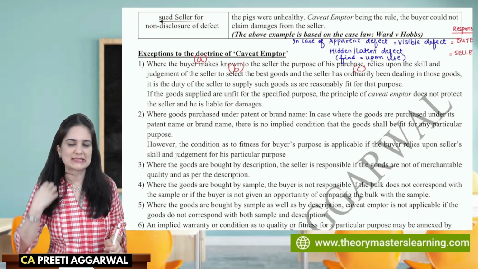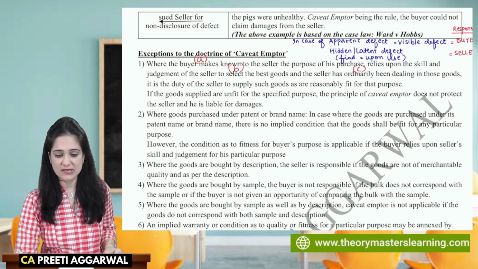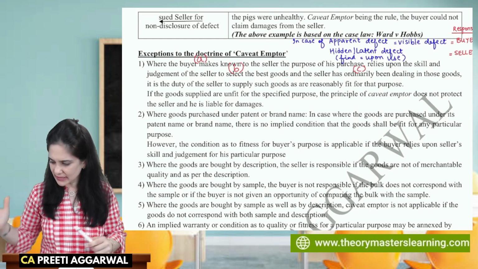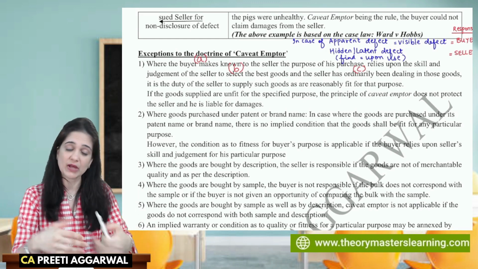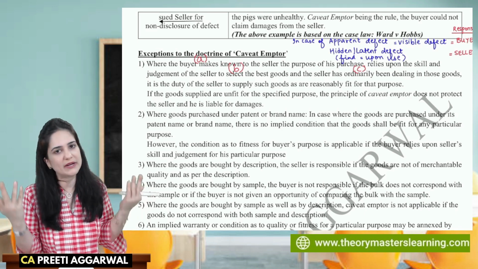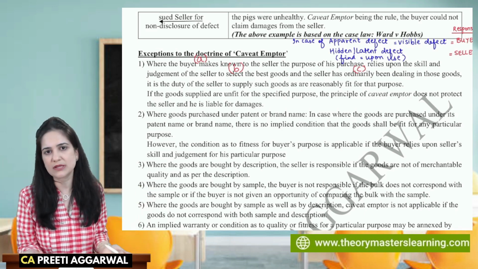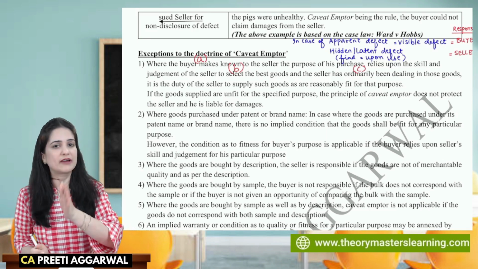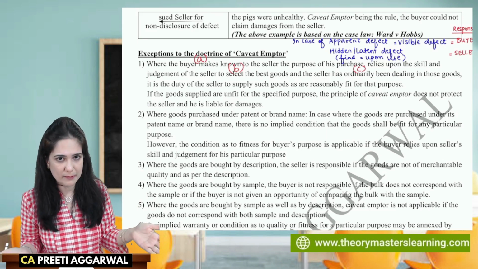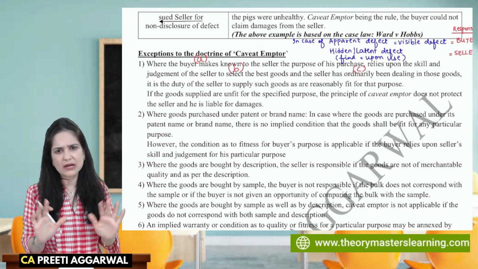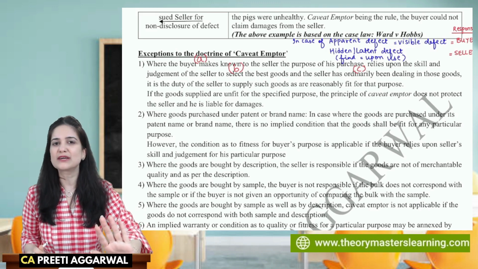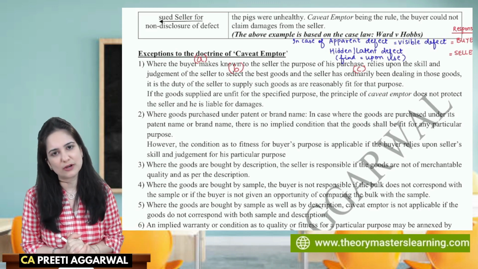So let's say that this time I went to buy a tiffin box and I asked him specifically for a tiffin box that will keep my food warm. And he says, better take this. It will keep your food warm. I relied upon his judgment because I thought he has been dealing in tiffin boxes since a long time. He knows better than me. I purchased it. If then I find that the tiffin is not suitable for my purpose, buyer can't be blamed in this case. Seller will be liable. We can reject the goods. We can claim full refund of price.